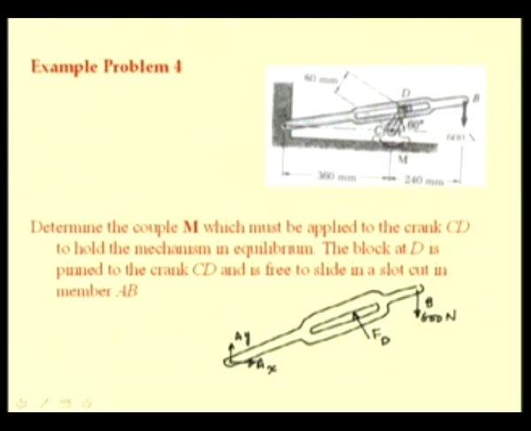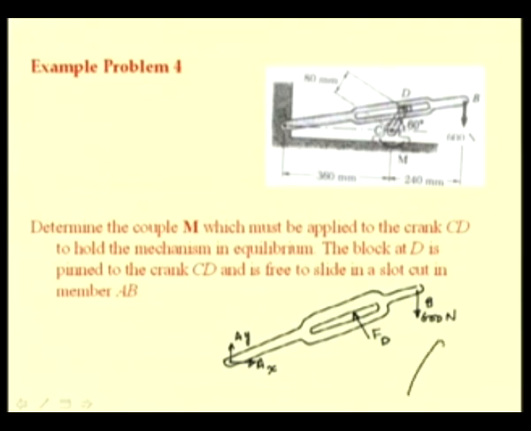From the geometry of this slotted arm, it is possible to find these forces Fd as well as Ay and Ax, because we only have three unknowns, and from the equilibrium equations of this slotted arm, it is possible to find this force Fd as well as Ax and Ay. Now, once we have found this force on this slotted arm, that is Fd, now we can consider the free